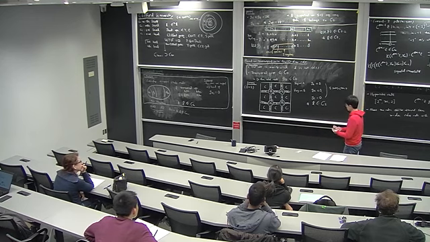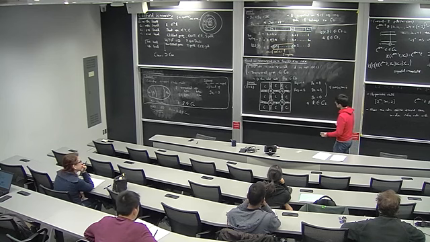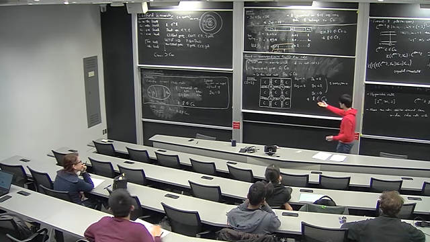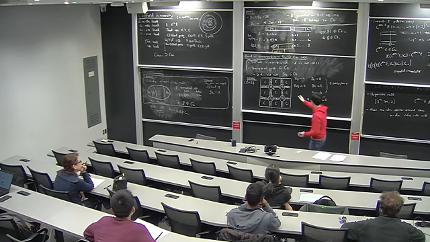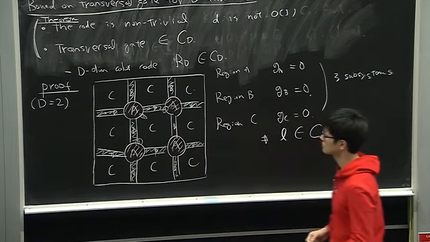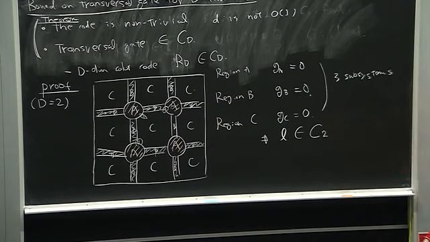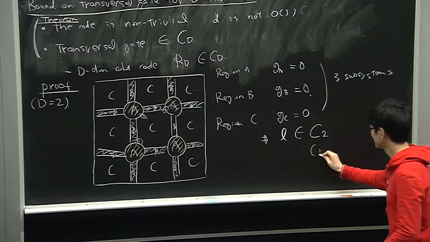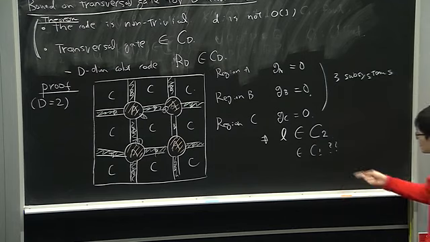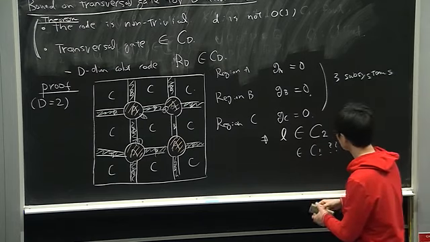Okay, and then one more comment I want to make here is the following. So we split the region, the system, into 3 regions, A, B, C, so that there's no logical operator. But what if we try to split the whole system into 2 regions, trying to prove something like this? But you see that this doesn't work because